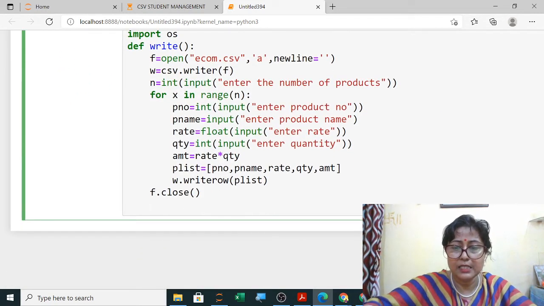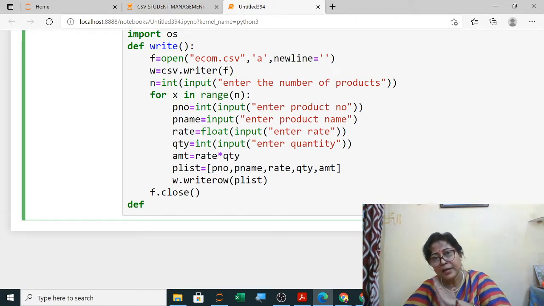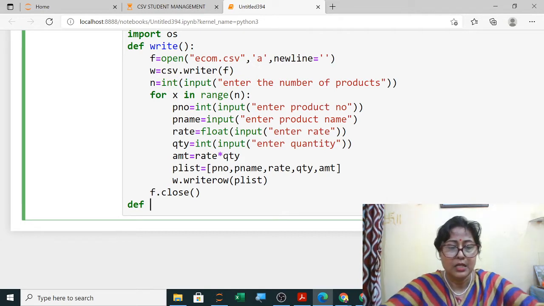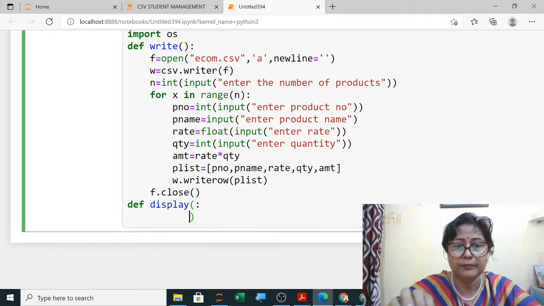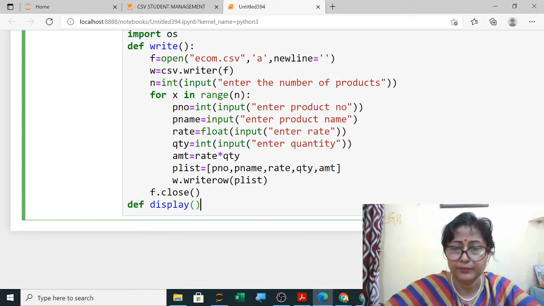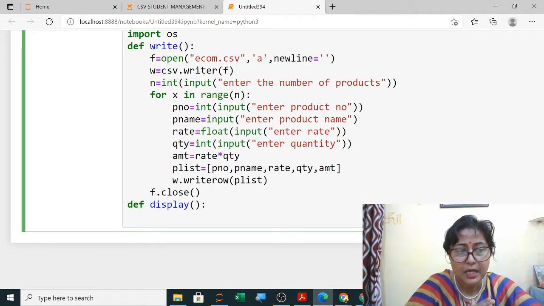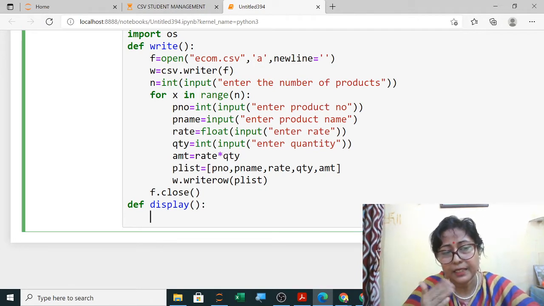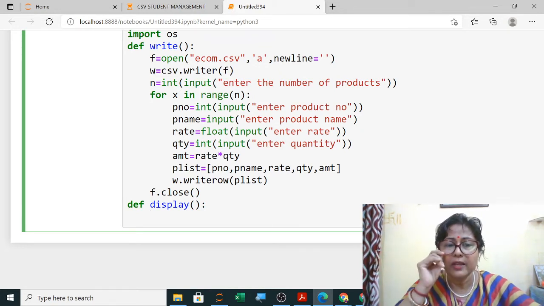Next, first I will execute only two, that is write and display, then one by one I will show you the others. So I am writing display here. Now in display, same as in that file you used to do, only here you have to remember the reader function. There you were using load and dump, and here you are using reader and writer. To write, there you were using dump, now I have used writer, and when I was writing I have used write row. So now I will use the reader.